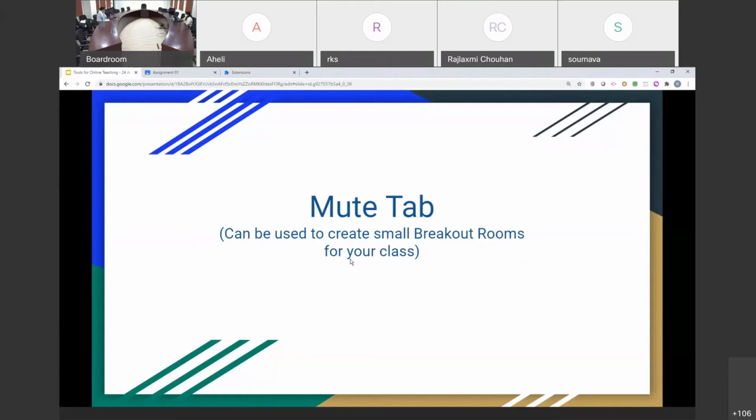But what would happen is you will not be able to mute within Google Meet tab. If you mute Google Meet once, you are muted in all Google Meet. And by mute, I mean muting the sound from that particular tab. So if you install this mute tab option, then you can hear the sound from one Google Meet and you can mute the sound coming from another Google Meet tab, which may be a separate tab. So this way you can manage and look after different breakout rooms that you can create using Google Meet.